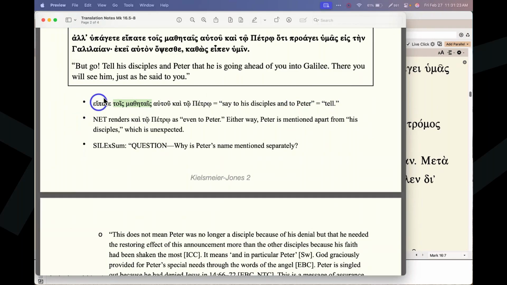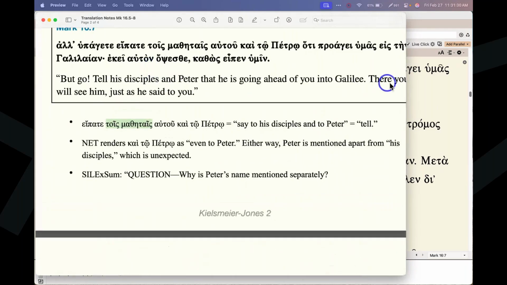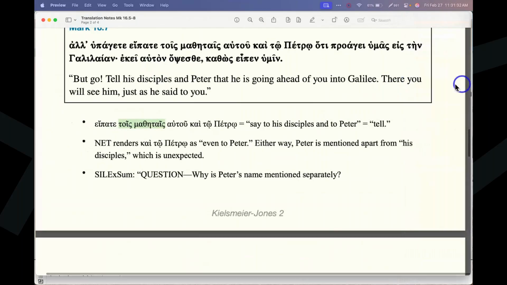There is this kind of funny question of the disciples and Peter, like, well, isn't Peter a disciple? Why is he drawn out? Why is he mentioned separately from here? Interestingly, on that point, the New English Translation, the NET Bible, renders this kai not as "and" but as "even,"